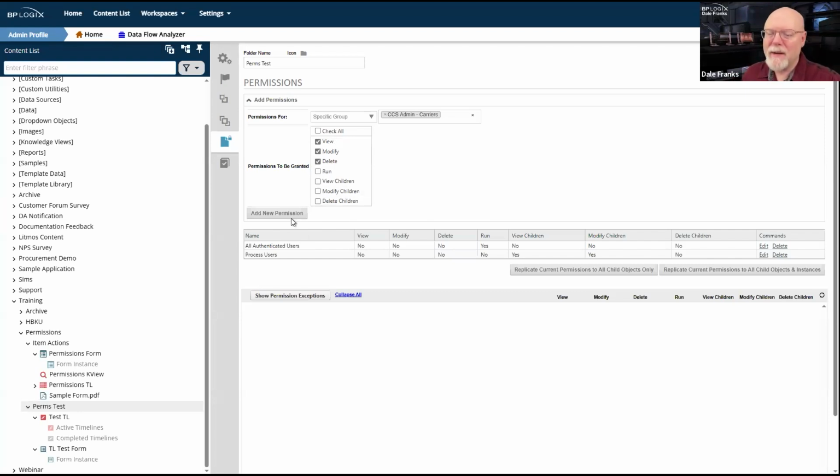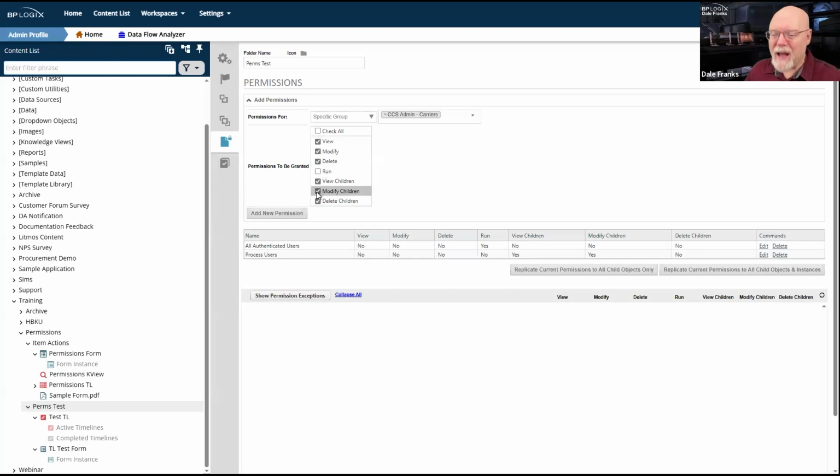And well, we also want to take care of the instances as well. So let's give them everything here except run. Again, we don't need to give them run permissions because everybody already has that. I do want you to notice one thing, however.